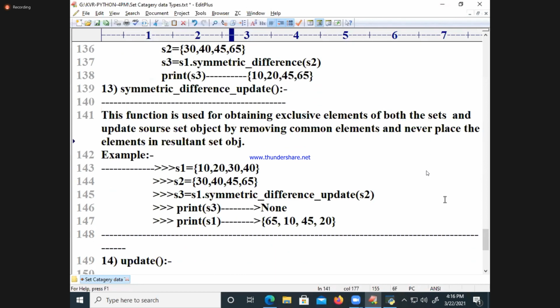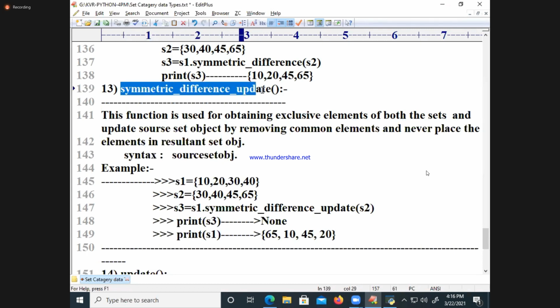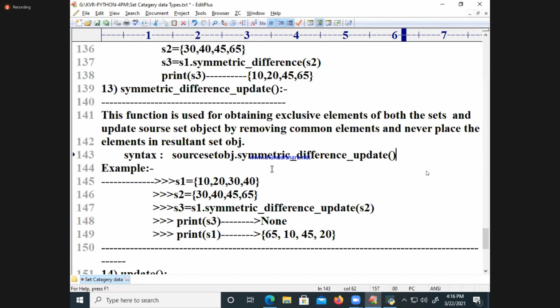Syntax: source set object dot symmetric_difference_update of S2.